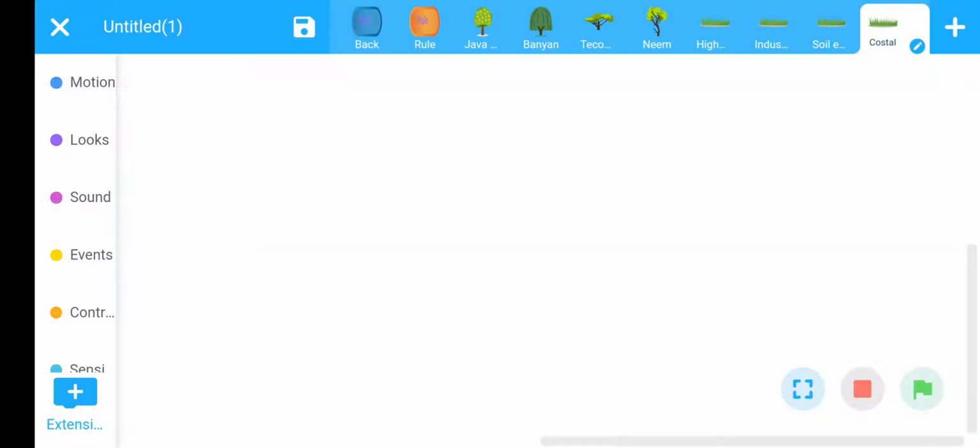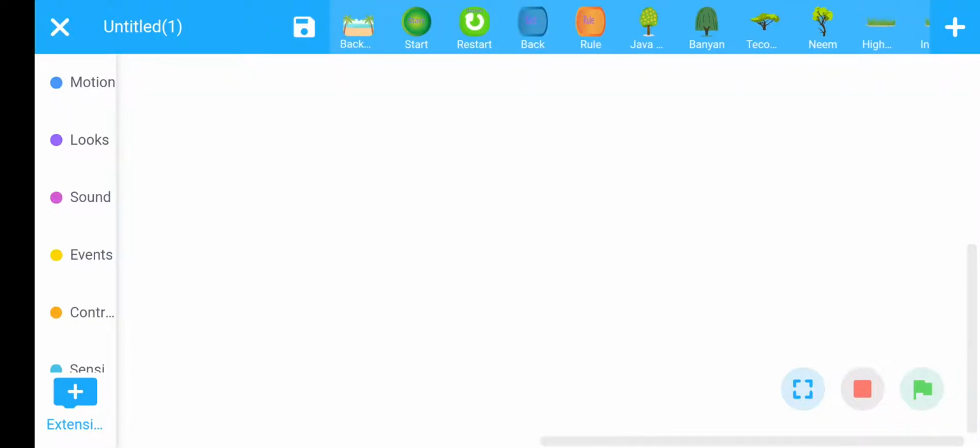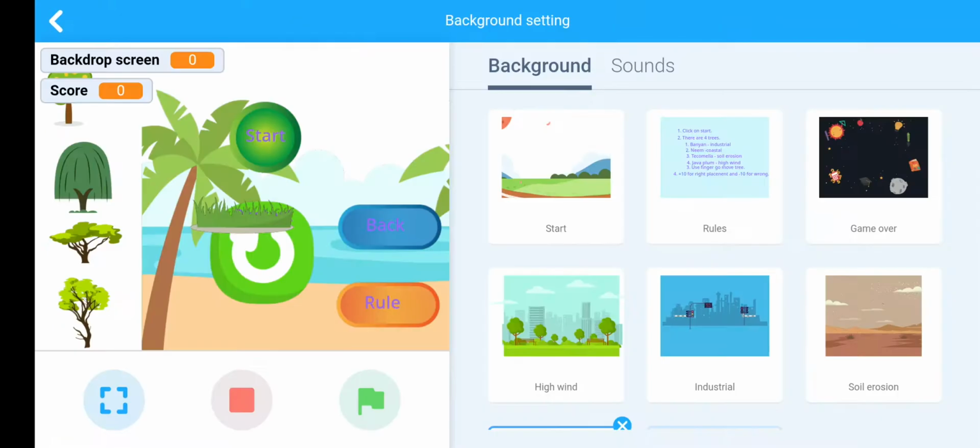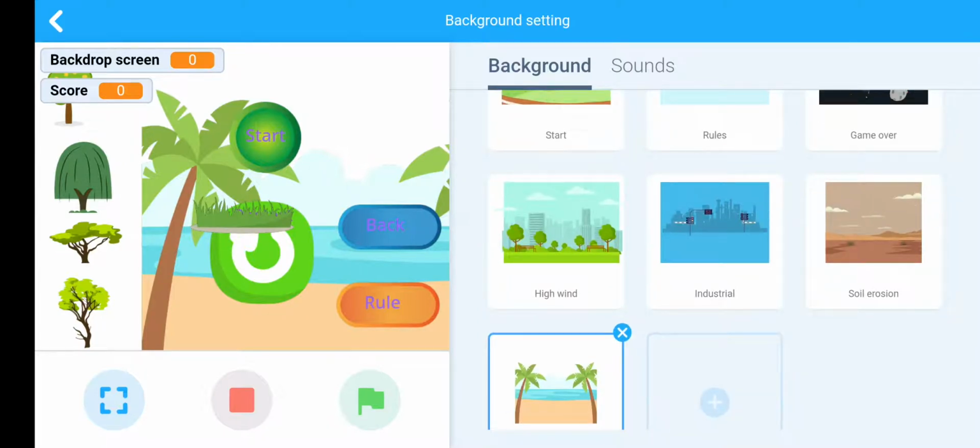Now start coding. First we will start coding for backdrops. Click on background. Look at here, we have 7 backgrounds: start, rule, game over, and 4 landscapes.